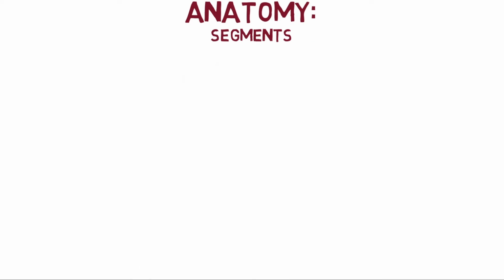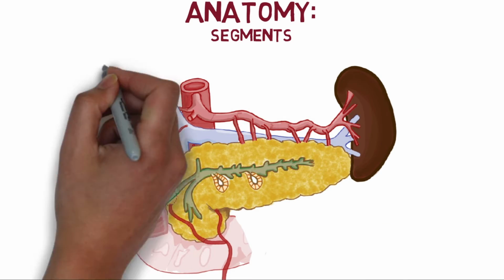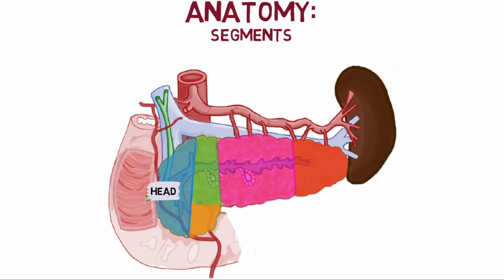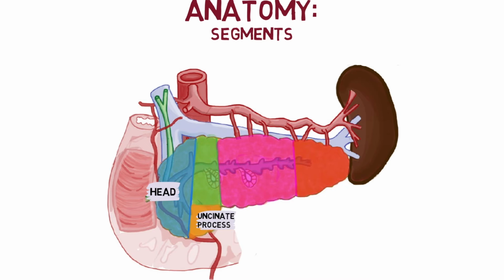The pancreas also has many segments or parts. The pancreas can be further split into the head, which lies within the C-shaped curve created by the duodenum, the uncinate process, found inferior to the head but wrapping posteriorly to the superior mesenteric vessels, the neck, which directly overlies the superior mesenteric vessels, with the vessels forming a groove on its posterior aspect,